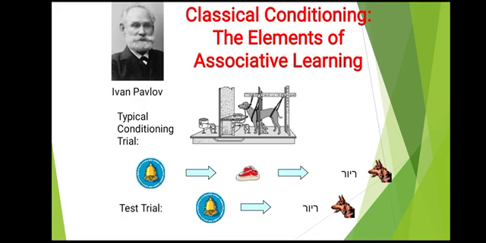The same experiment was continued for several days. Daily, the bell was rung in front of the dog, immediately after the bell the meat powder was presented, and the dog produced saliva,